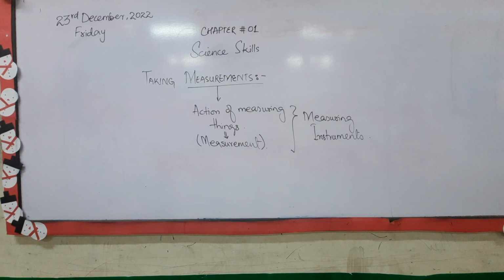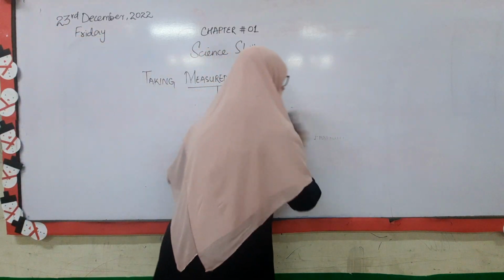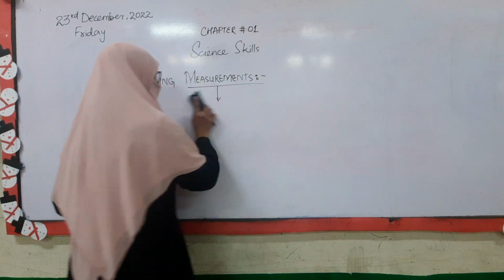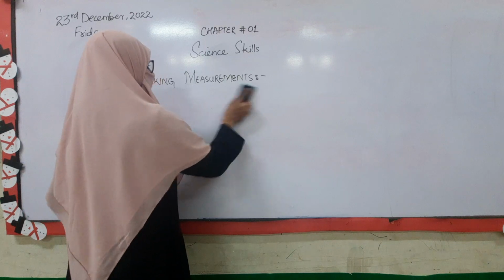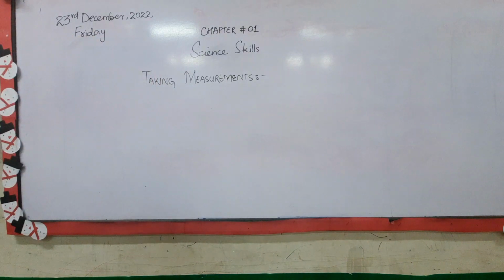Can anybody tell me the name of any measuring instrument? Okay, good. We can measure it with a ruler or with a measuring tape, or we can measure the temperature with the help of a thermometer. Good. So we will discuss all the things one by one. Now we will discuss how we are able to measure length, time, temperature,